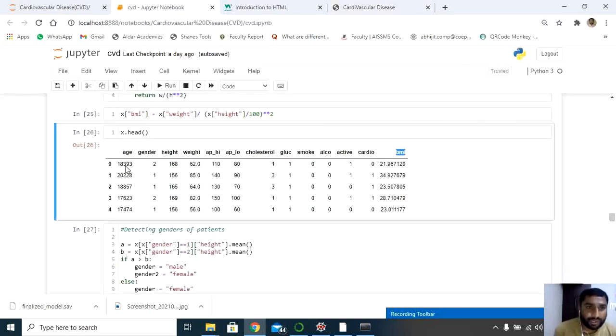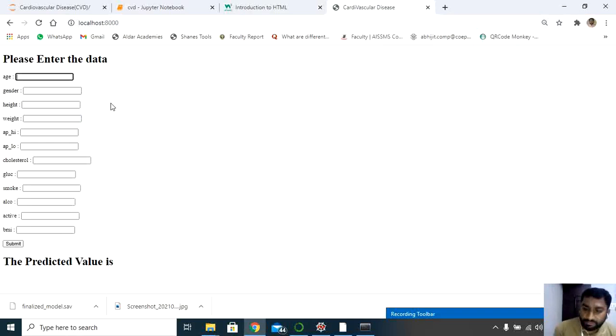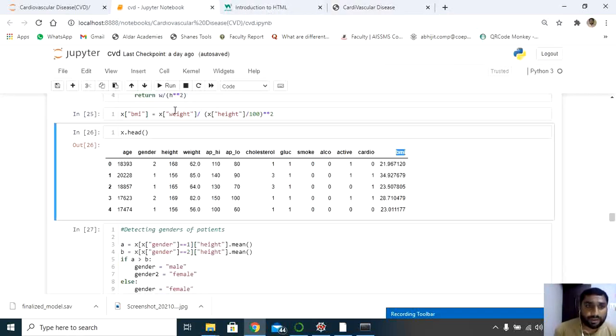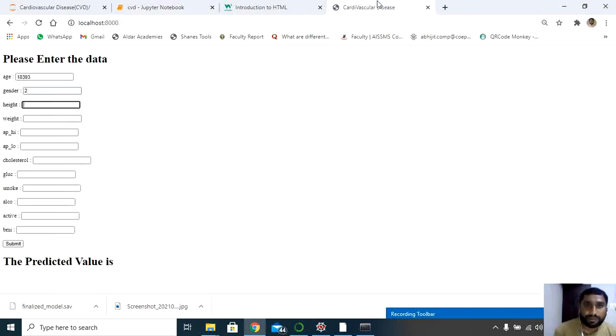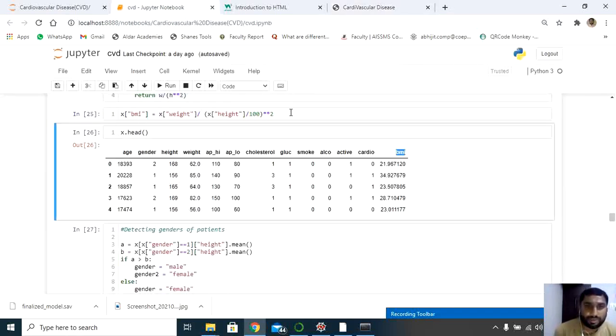I'll try to have 18393. Gender is, let's say, 2. Height is, let's say, 168, 62, 110, 80.